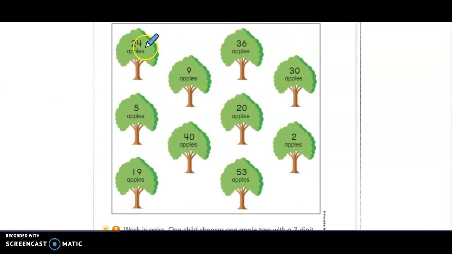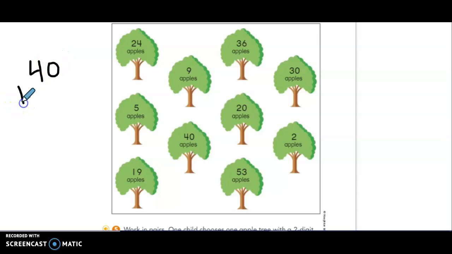Now I can notice here that we have some single digit numbers, and we have some 2-digit numbers. So for example, we have to pay attention to the vertical form like we just talked about, and make sure we're lining up the single digit, which means there's like 9 ones, lining that up in the ones place. So for example, if I pick this one, Mrs. Schweitzer picked this one, it'd be 40